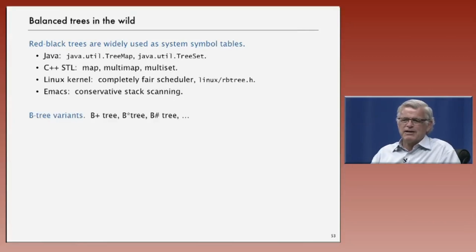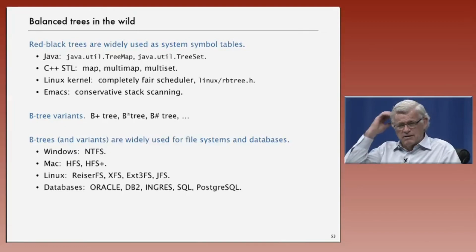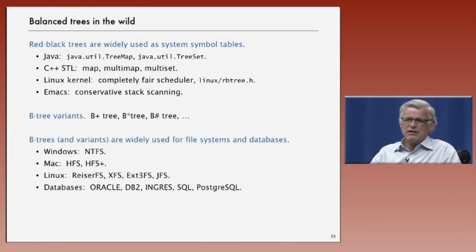B trees have many different variants that give different characteristics of space usage and other characteristics. In most databases nowadays that you might use, SQL or Oracle's database and others, are based on some variant of B trees